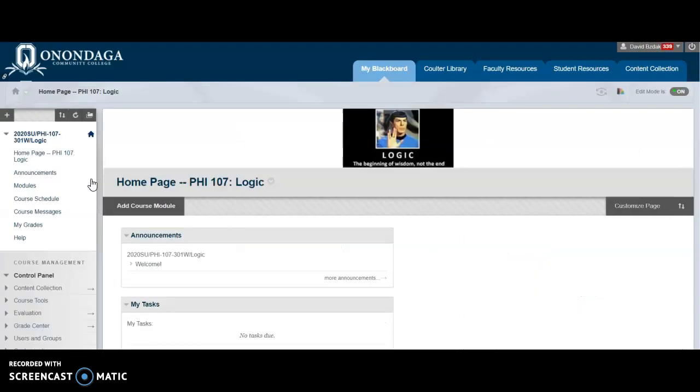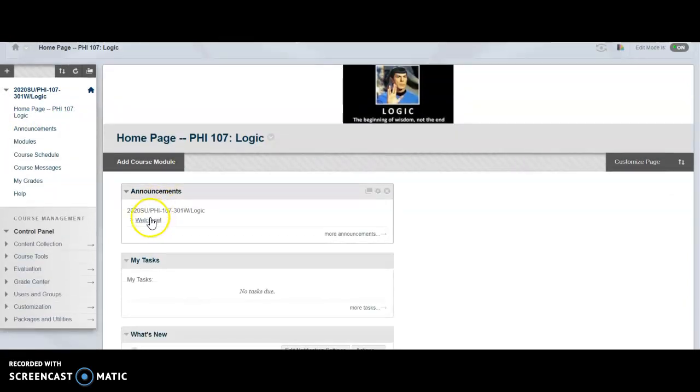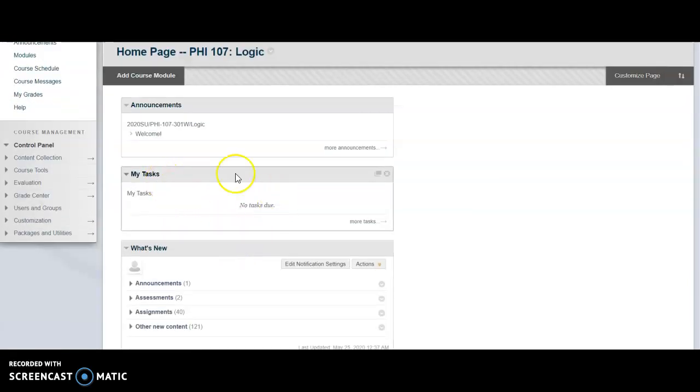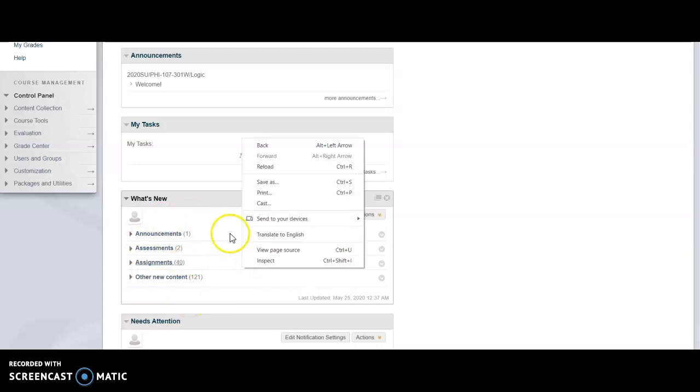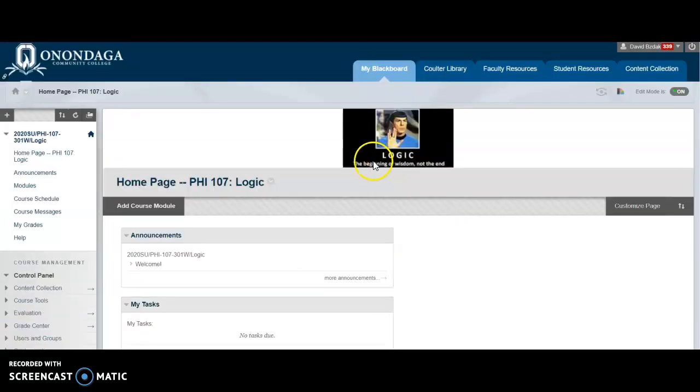So click on that. It'll bring you to the home page. And that's what this link over here will bring you to as well. I don't really do much with the home page, though. You can link to announcements. I don't really use tasks, so you won't see much in the way of due dates, but you will see like what's new. I don't use this much though,